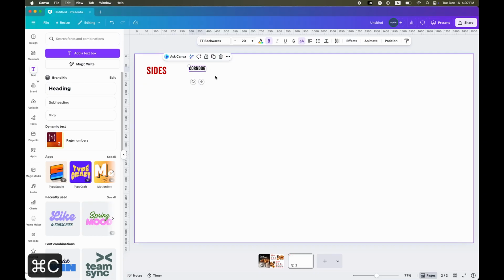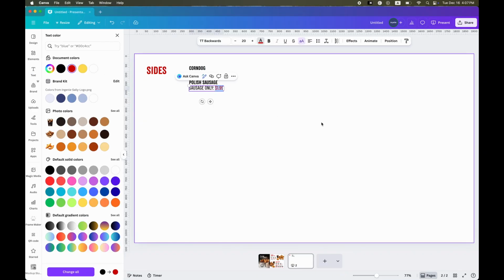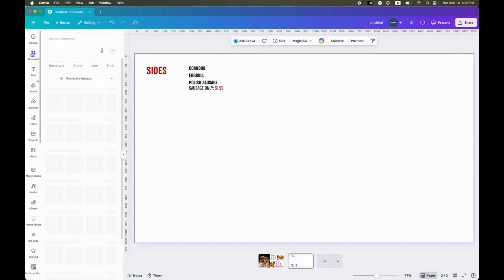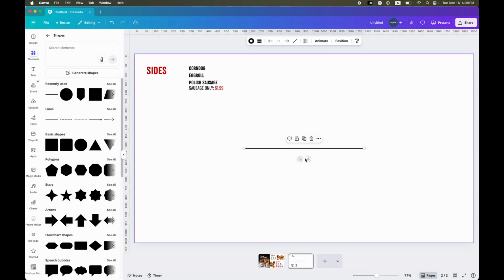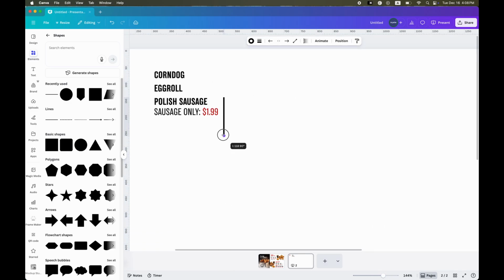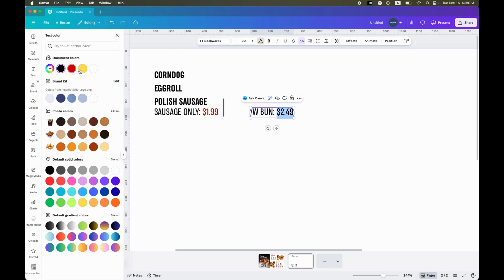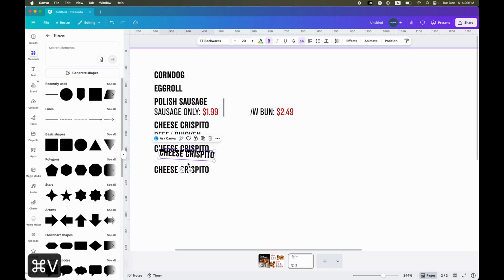Since we are going to use the same font, let's copy and paste existing text box. To speed up the process, I will copy and paste the menu info. Now let's add a line. Go to Elements, choose Shape, select Straight Line. Let's rotate it. Change the line thickness, making the rest of the items